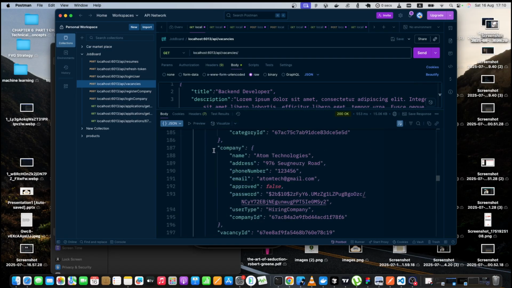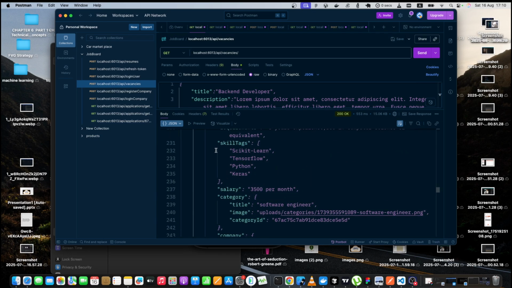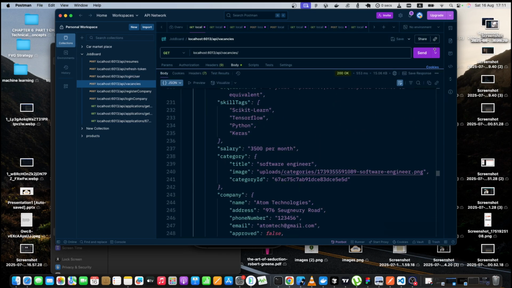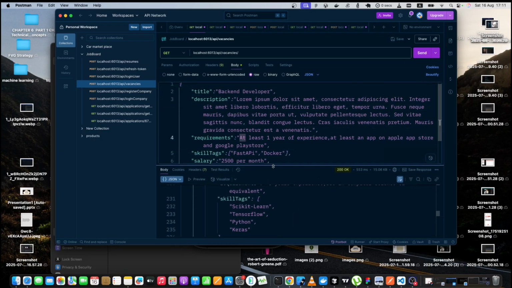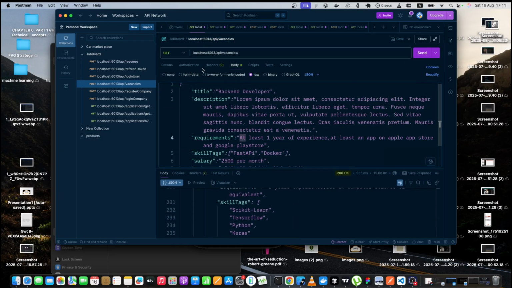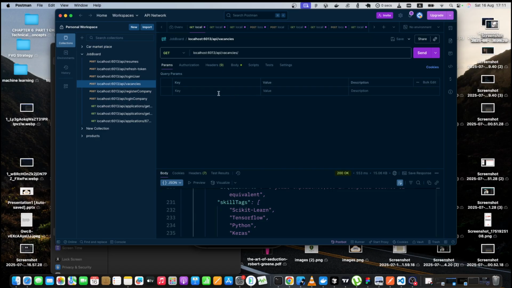If we go to our params, we can define the page and the limit. So let's say page 1, and let's say limit